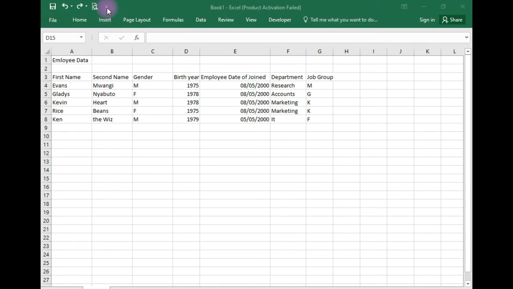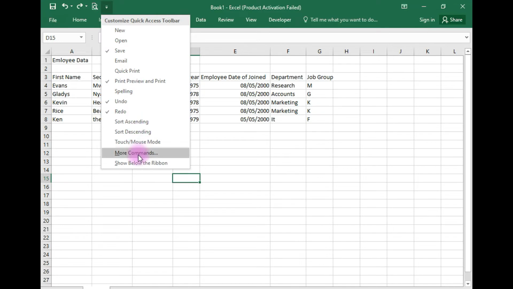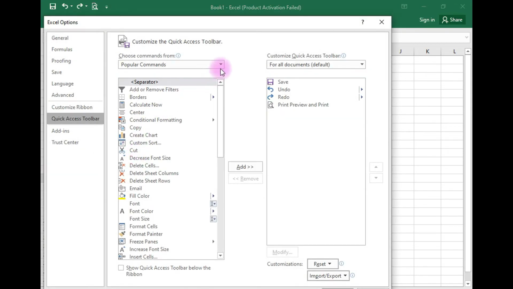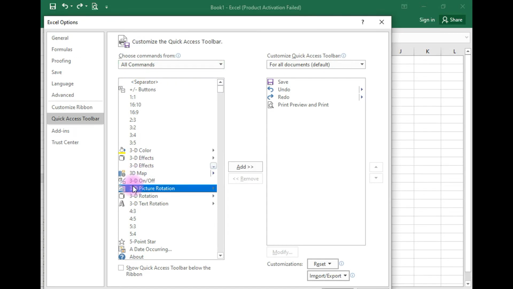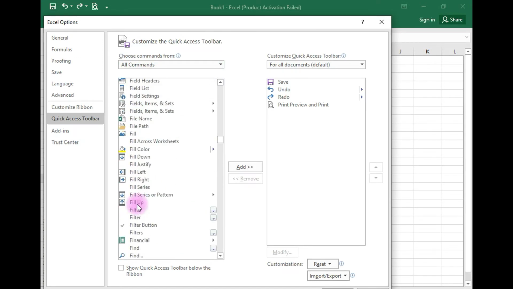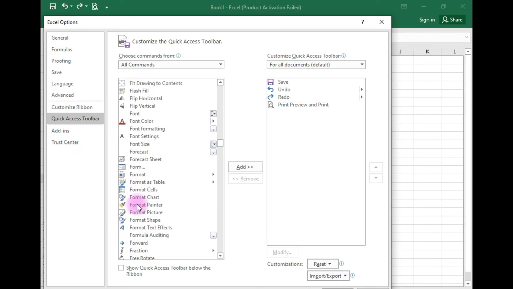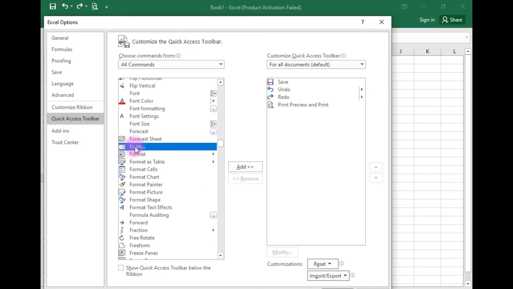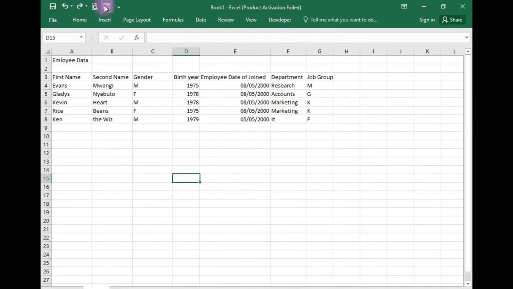Right from your quick access toolbar, come to the small arrow here, then come to more commands, and then locate all commands from here. Then we have forms. You can add it, and it will be added onto your quick access toolbar. Right from there,